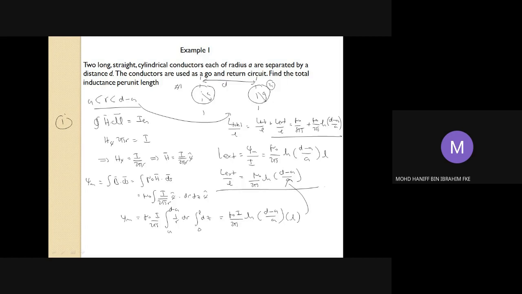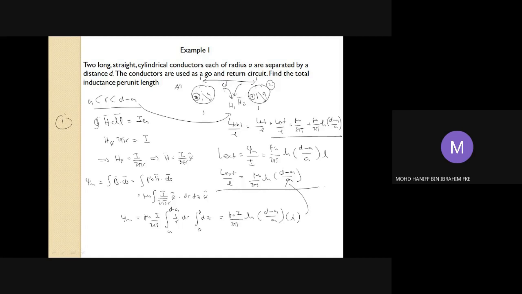producing the same amount of H field, the reason is that the directions of the two currents are different. This one is towards positive Z, and the second conductor is towards negative Z. So if we use the right-hand rule, for the first conductor your H field will be in this direction. This is H1. And for conductor number 2, knowing that the current is directing towards negative Z, again your H field will be in this direction also, which is H2. So due to this, we can understand that both will be producing the same H field